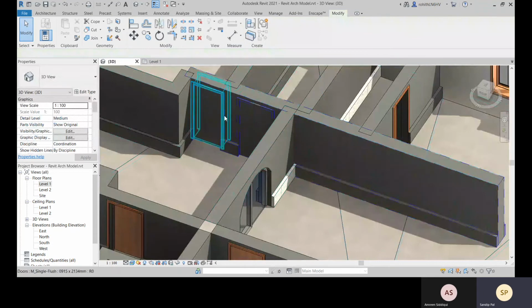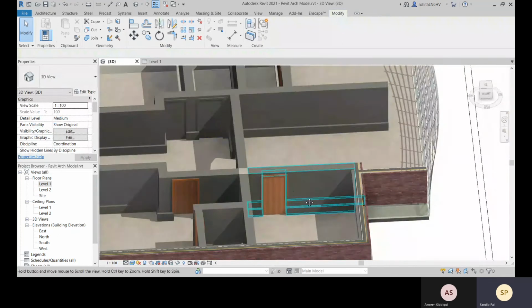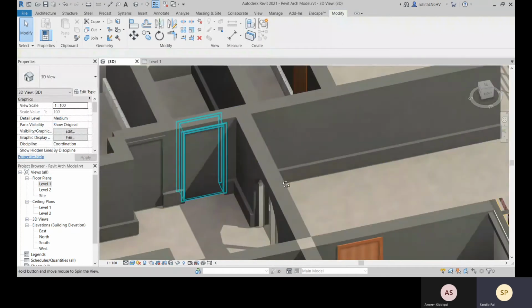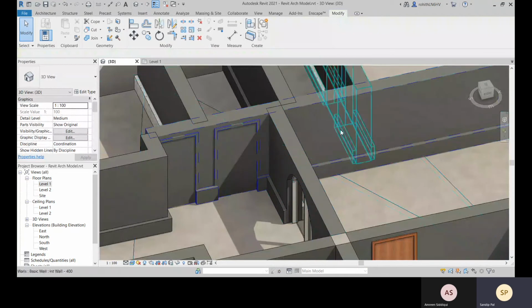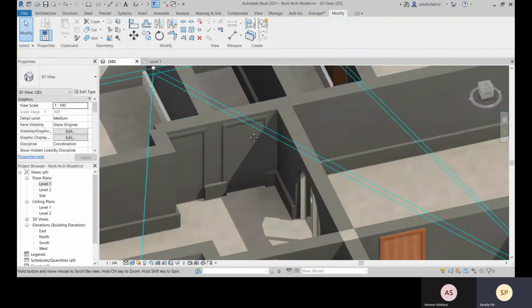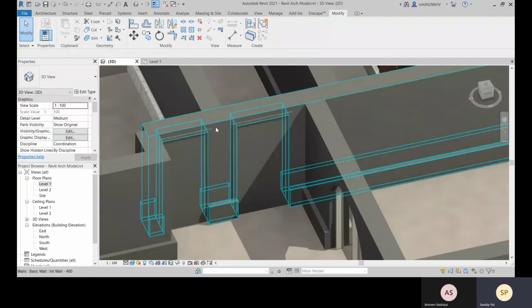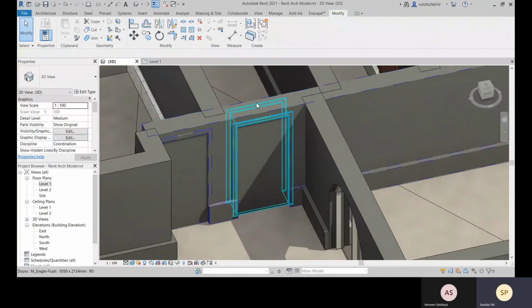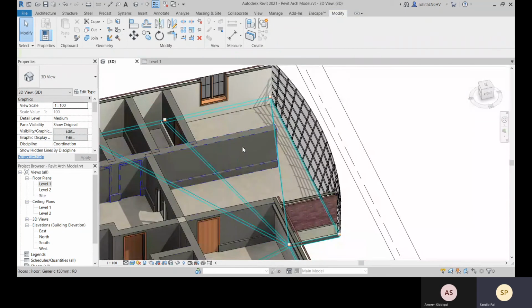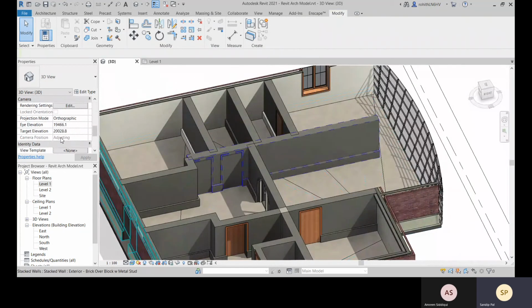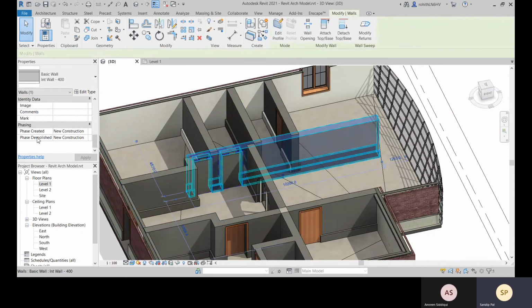So here you see you have this dotted color. Okay, it was present, but right now you have demolished it. You can also change what the color will be for this. I will come to this when I come to the phases. There you have this phase Demolished, and there I will tell you in detail about these demolish options.